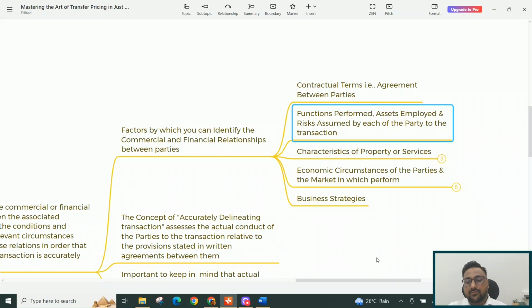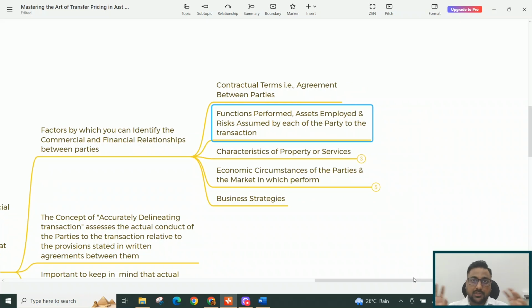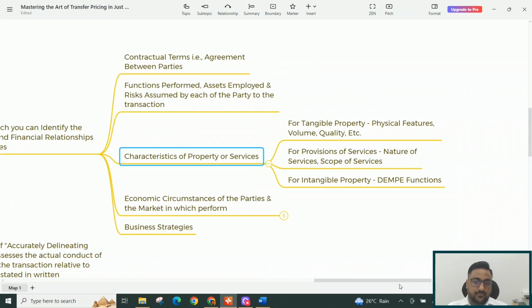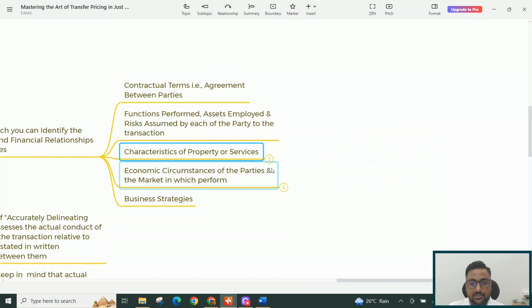Then the characteristics of a property or service. What type of property or service has been exchanged, transferred, sold or purchased? For tangible properties, you need to understand the physical features of the product, volume, quantity, quality, etc. For provision of services, that is the nature of services and scope of services. And for intangible property, DEMPE functions. We already understood DEMPE functions on day 2. So these are certain factors through which you need to understand what type of relationship exists between these two parties. Now the fourth point is economic